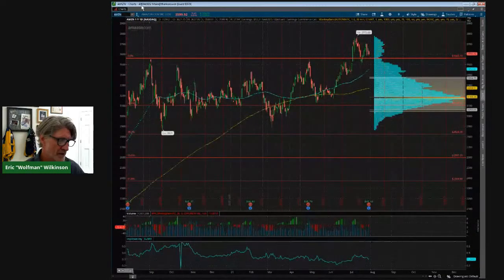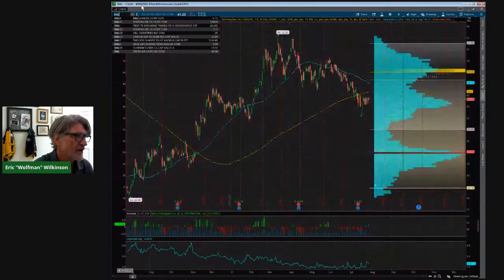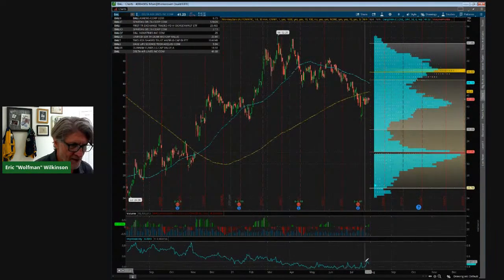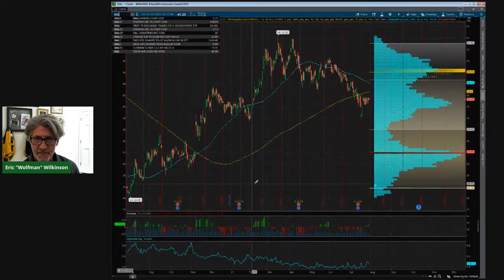I looked at Amazon for earnings. What are we looking at? Delta Airlines. So look what happened to volatility. When we were looking at this yesterday, it was trading 50, right? Today it's gone down to 45. That's 5 percentage points, folks. 5 percentage points in that option montage that we were looking at